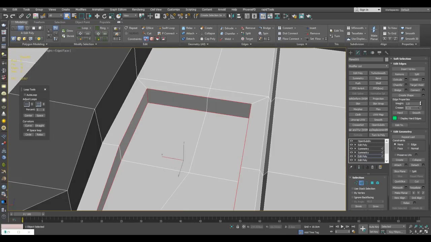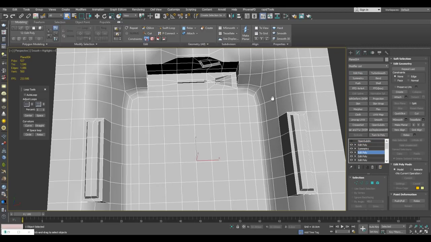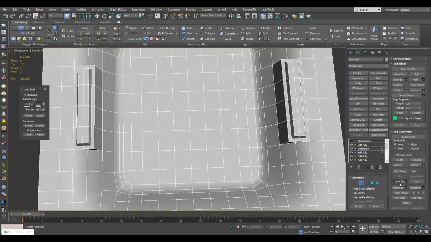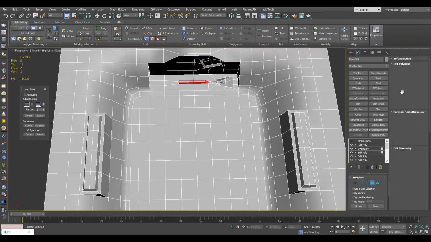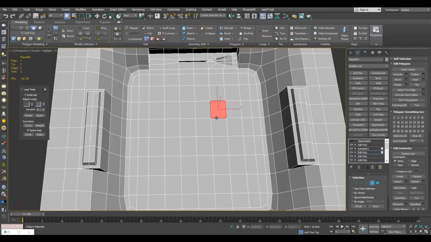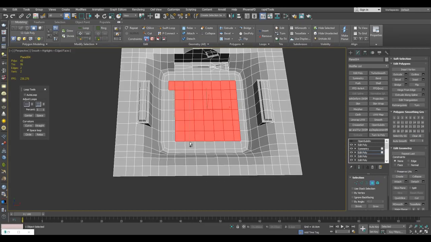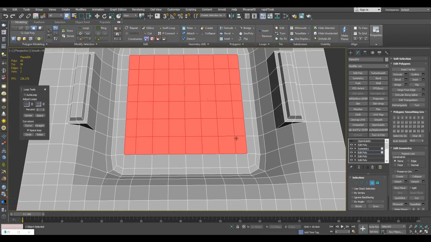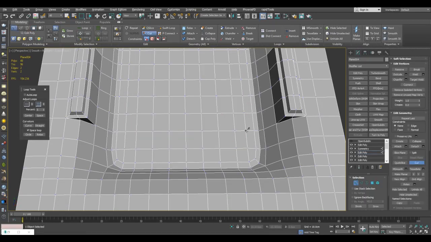So here I just turn off OpenSubdiv. And so we can actually use creasing and mesh smooth without having to use OpenSubdiv here, because the mesh smooth modifier will respect the edge creasing. So for example, let's say here I will first block out my general shape just by selecting polygons here. Let's say like this. Let's say I want there to be kind of an angle right here, so I can just